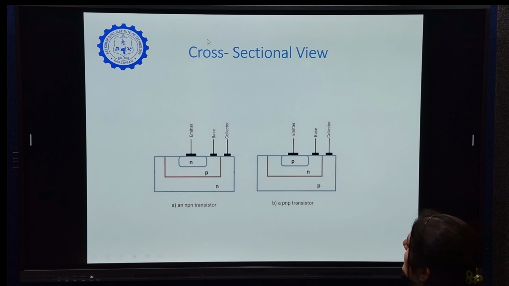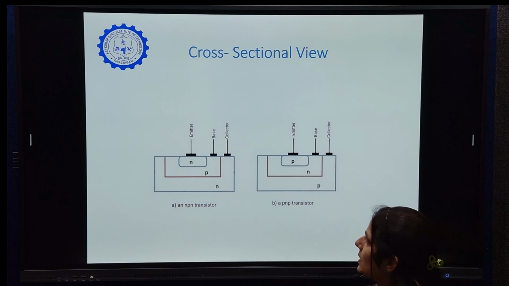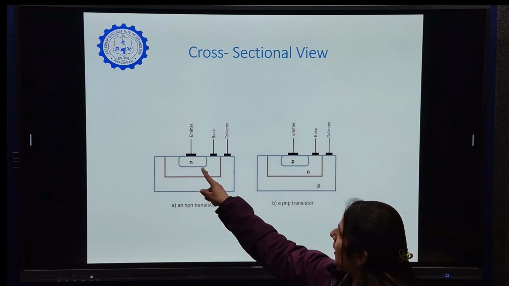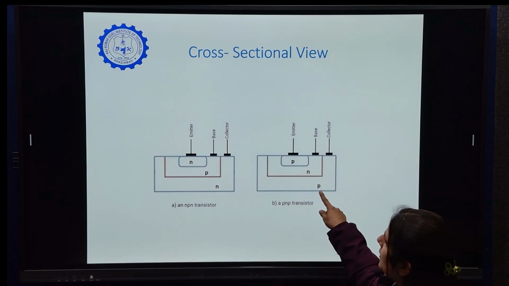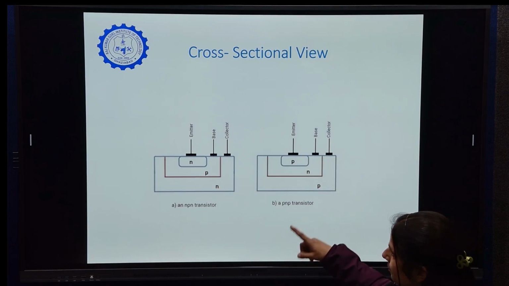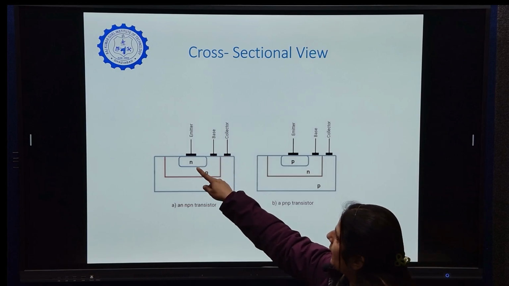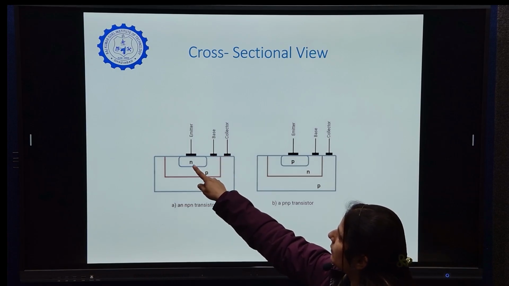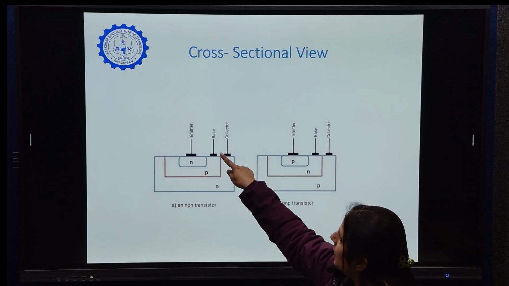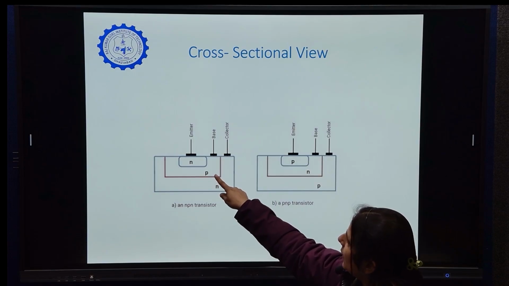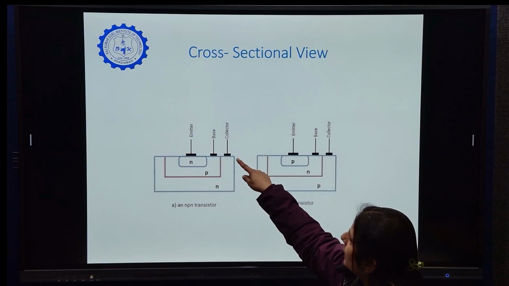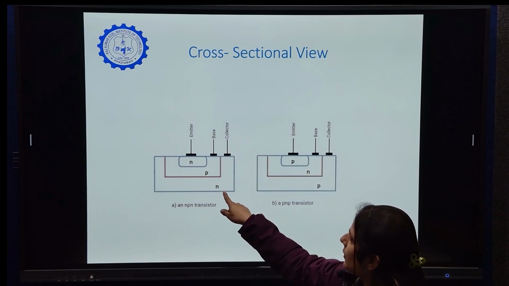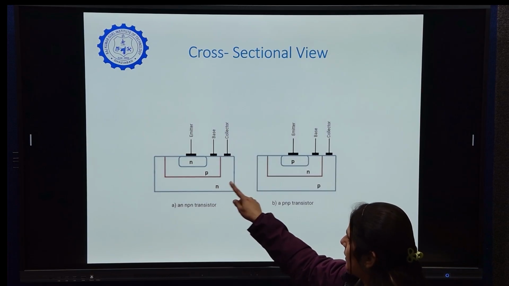This is the cross-sectional view of NPN transistor and PNP transistor. This is NPN transistor and this is PNP transistor. Here the emitter terminal is connected with the N-type semiconductor, base terminal is connected with the P-type semiconductor and collector terminal is connected with the N-type semiconductor.